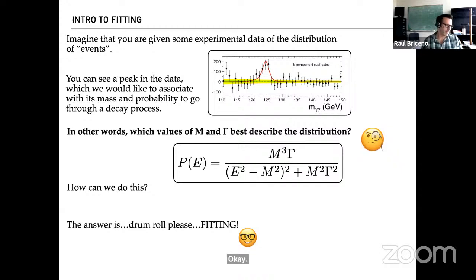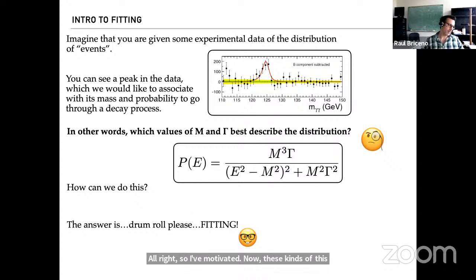I've now motivated these kinds of distributions. Naturally they have this nice little bumpy behavior that we're looking for. We've developed some physical intuition: the peak is going to give me the mass of the particle, and gamma is going to be related to the lifetime of the particle. And so then the question is,